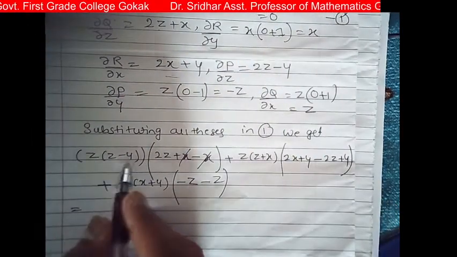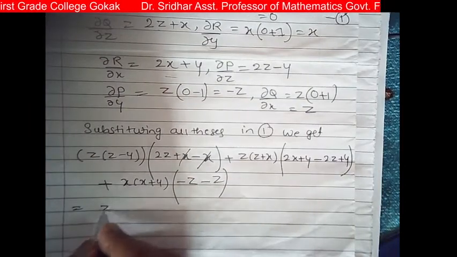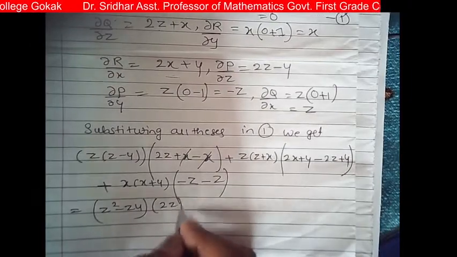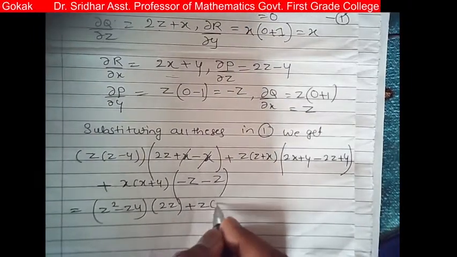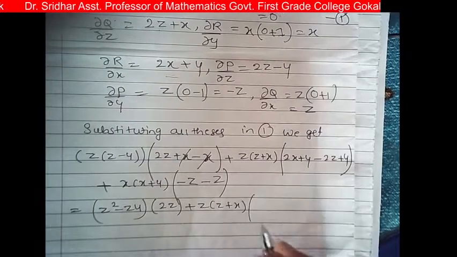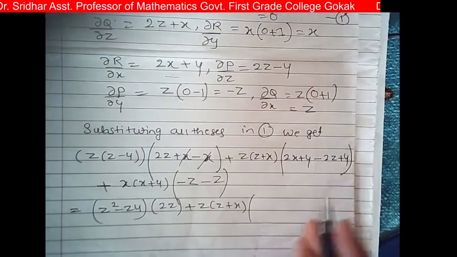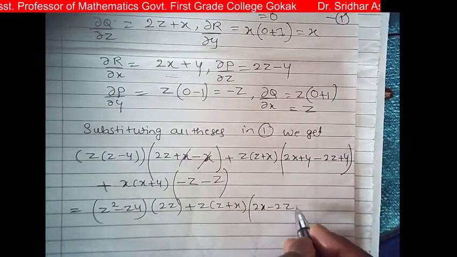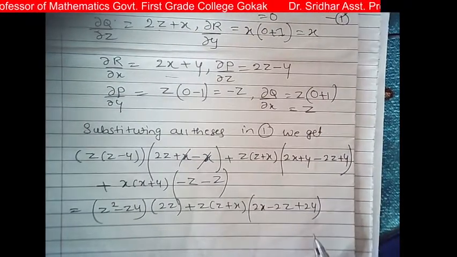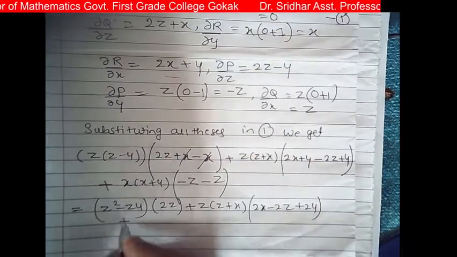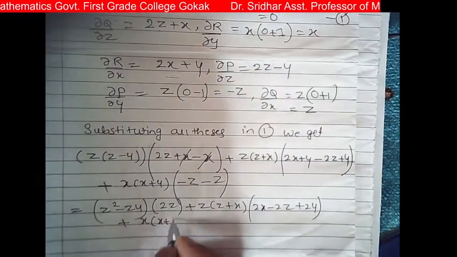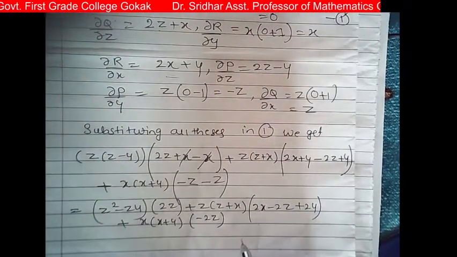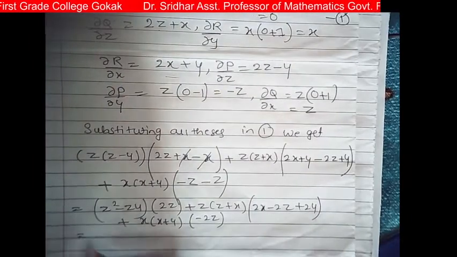So here we multiply this equation, z into z square minus zy into bracket, this is 2z, then plus z into (z plus x) into bracket 2x minus 2z plus y gives plus 2y, then plus x into (x plus y) into minus z minus 2z, which is equal to,